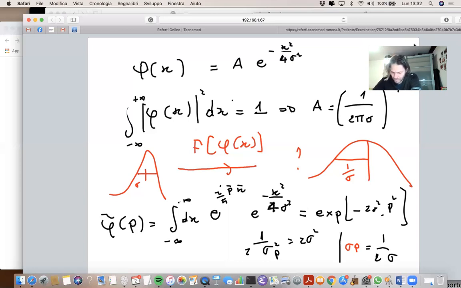So what I'm trying to say here is that if I squeeze my wave function in position representation to make it very narrow, so I have very little uncertainty on where the particle is, because the probability distribution is very near about one point,